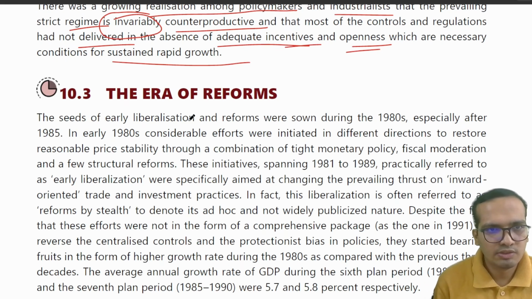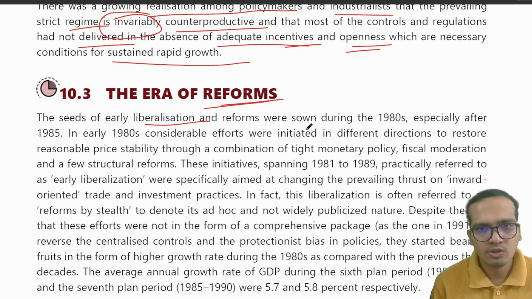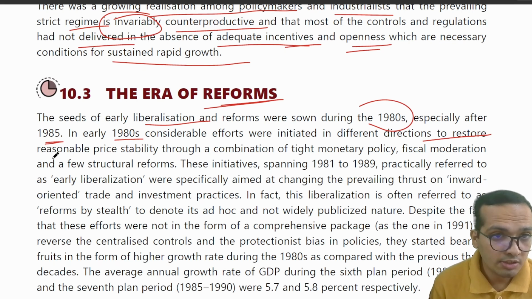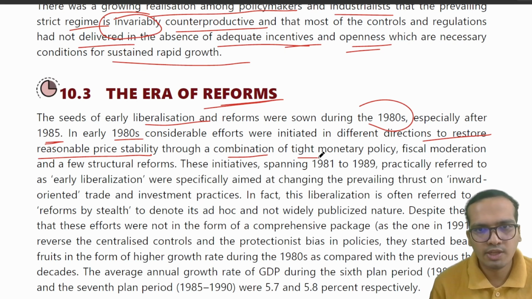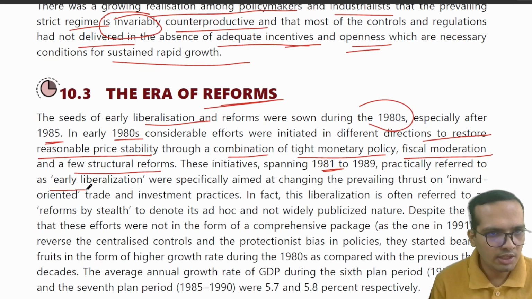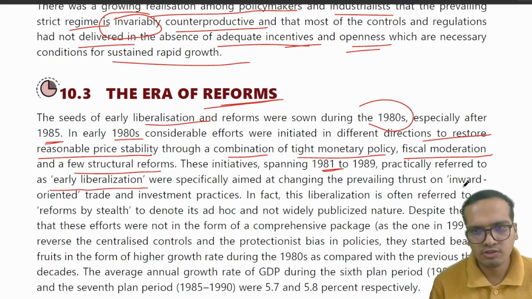Then comes part 3, 10.3, the era of reforms. The seeds of early liberalization and reforms were sown during the 1980s, especially after 1985. In India, in the early 1980s, considerable efforts were initiated in different directions to restore reasonable price stability through a combination of tight monetary policy, fiscal modernization, and a few structural reforms. These initiatives, spanning 1981 to 1989, were specially aimed at changing the prevailing thrust on